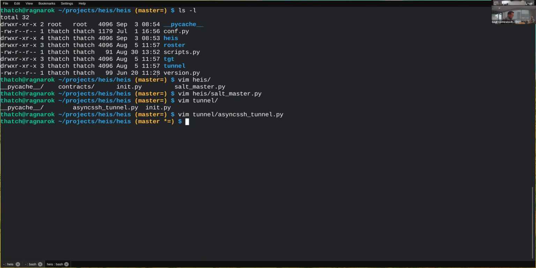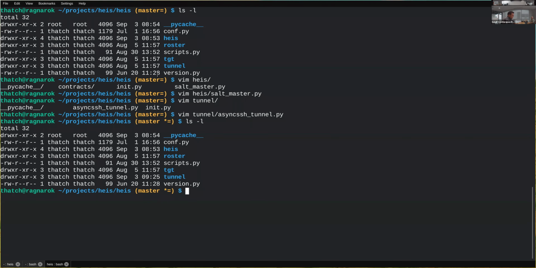So yeah, that's all that boils down to. But the other thing is that under Heis, where we create managers, there's absolutely no reason why we wouldn't be able to create, again, virtually any type of ephemeral agent system you can imagine inside of Heis. All you'd need to do is make a new manager, make sure that you're configured to use that specific manager when you're in Heis, and bam, you're done. You're there.